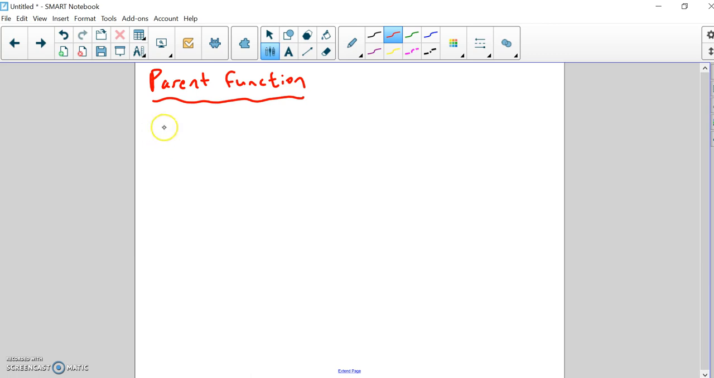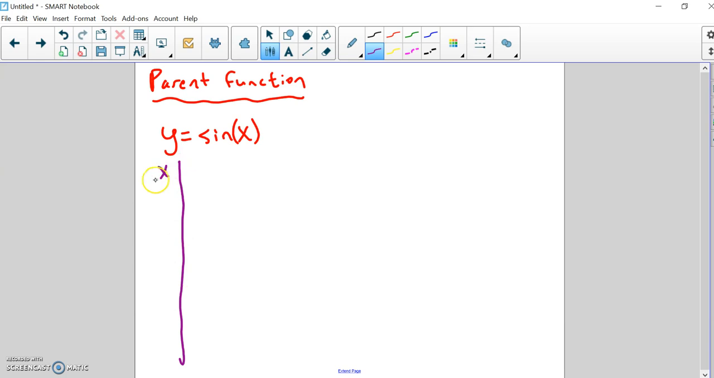We'll start out with the parent function for sine here. It looks like this: y equals sine of x. Okay, so what we're going to do is we're going to plug in a bunch of x values into this function, see what we get for y, and then we are going to construct our graph from there. So to kind of help us out,